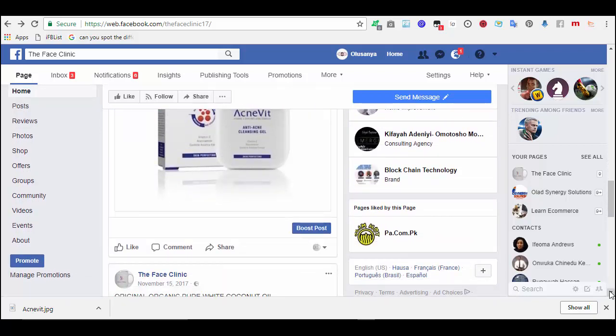Now the logic I will use here is boost post for physical products. But before I use boost post, I will go over to my advert section.